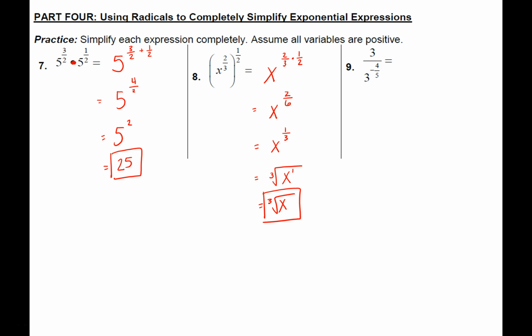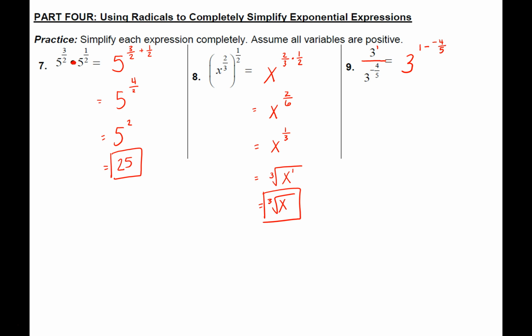Let's look at another one. This one, I have a fraction bar, and there is a base of 3 on both sides. Now this top 3 has an exponent of 1. So the quotient property says I can leave my base the same, and I can do my top minus my bottom, but my bottom is -4/5,